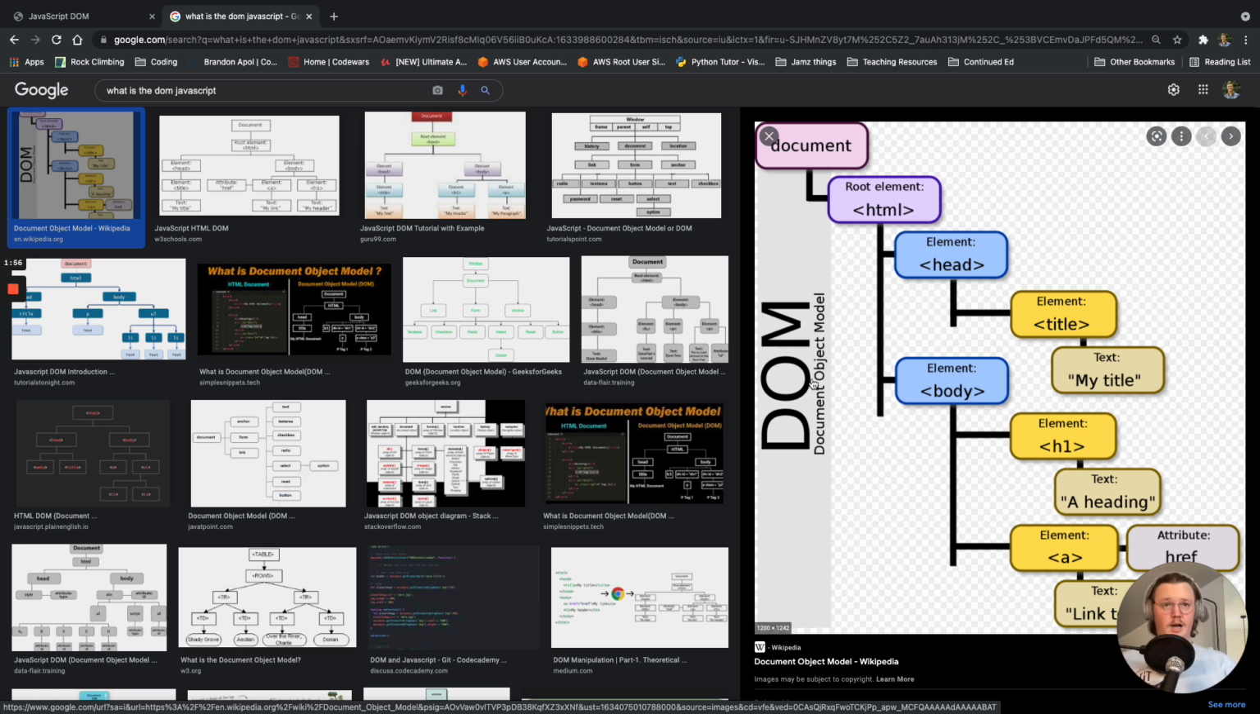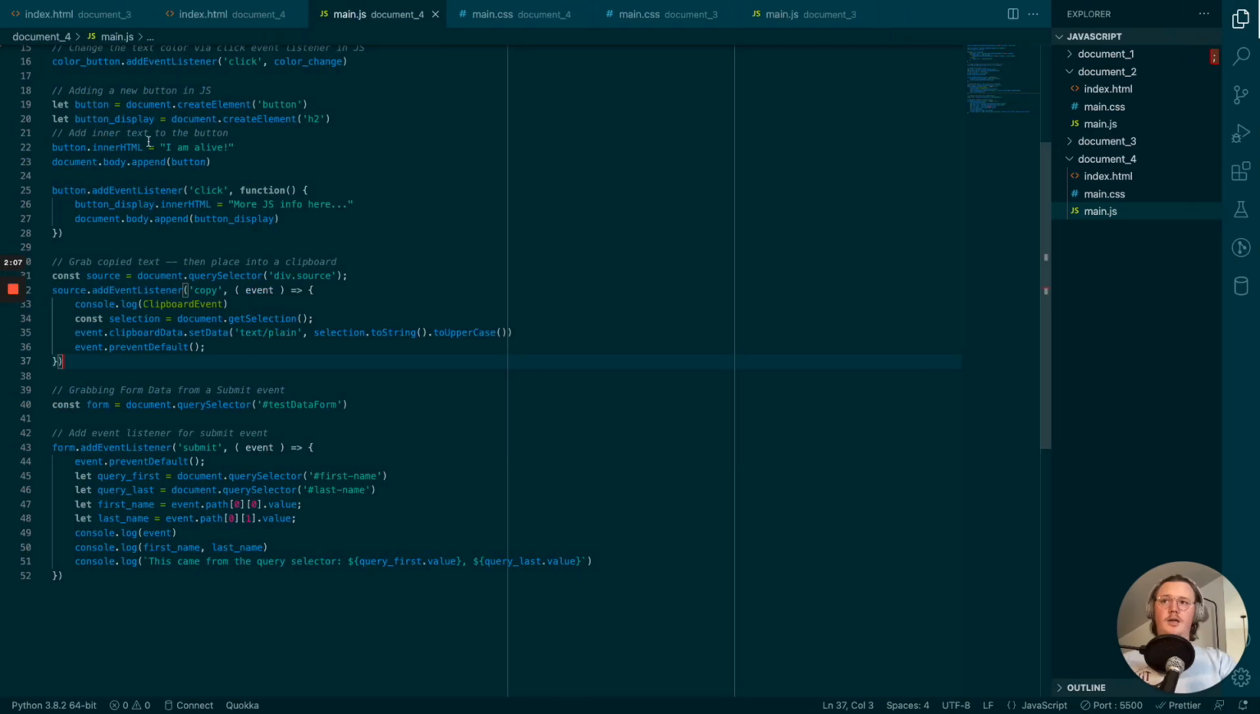But that's essentially what the DOM is. When we talk about the DOM, right? We're talking about all the different parts of your document, right? And the ability to target them and change them one at a time, okay? So the other interesting thing is,